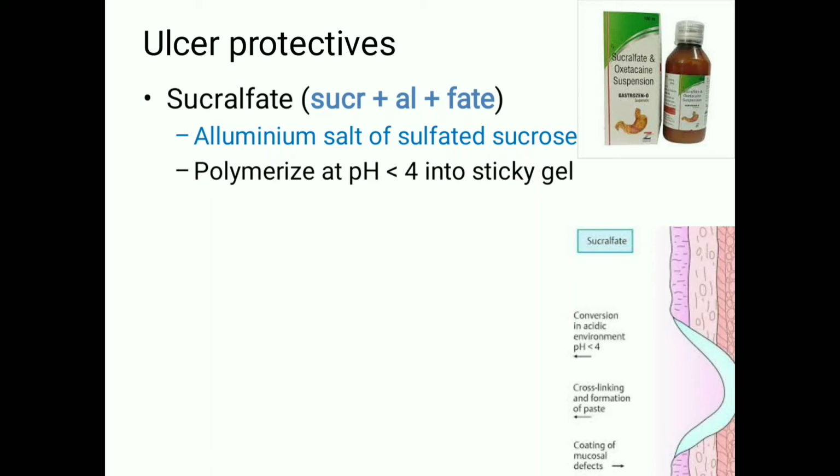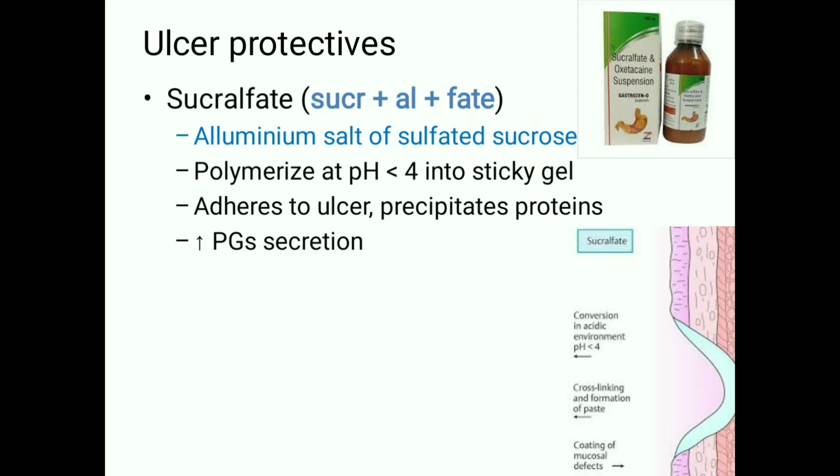It binds specifically with the ulcer base and produces a protective layer over it. Then the surrounding proteins, or the dietary proteins, also get precipitated above it. You can see here it produces a protective layer. This blue color is sucralfate and other proteins coagulated along with it, and this protects the gastric ulcer base from coming into contact with offensive factors like acid, pepsin or bile.